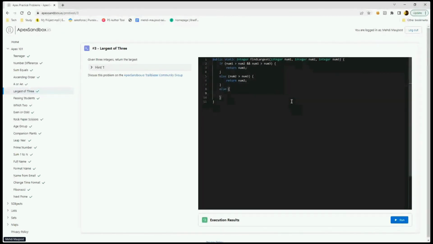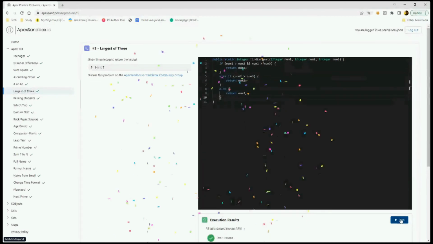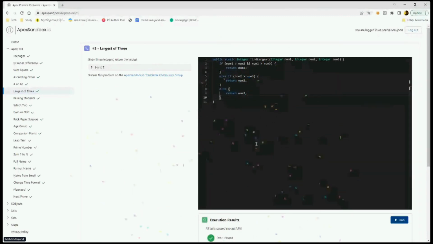the final result is going to be return num3. Let's try that. Let's write that out. Let's click the run button. Oh, there's some mistake here. I'm not sure which that is. Can anyone see where I made a mistake? Oh, I see it. It's supposed to be else if. Sorry about that. There we go. So as you can see, we went from a flowchart and we went down to code, and that made solving the problem far easier.